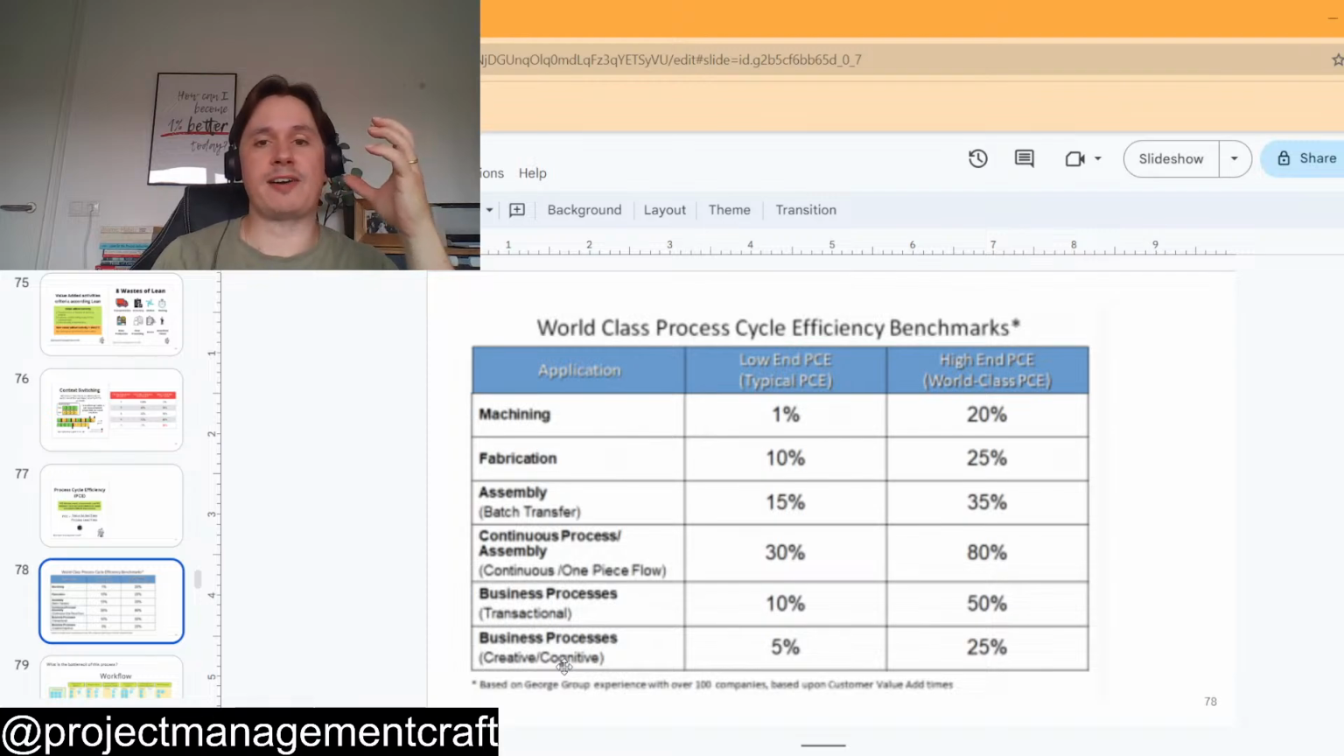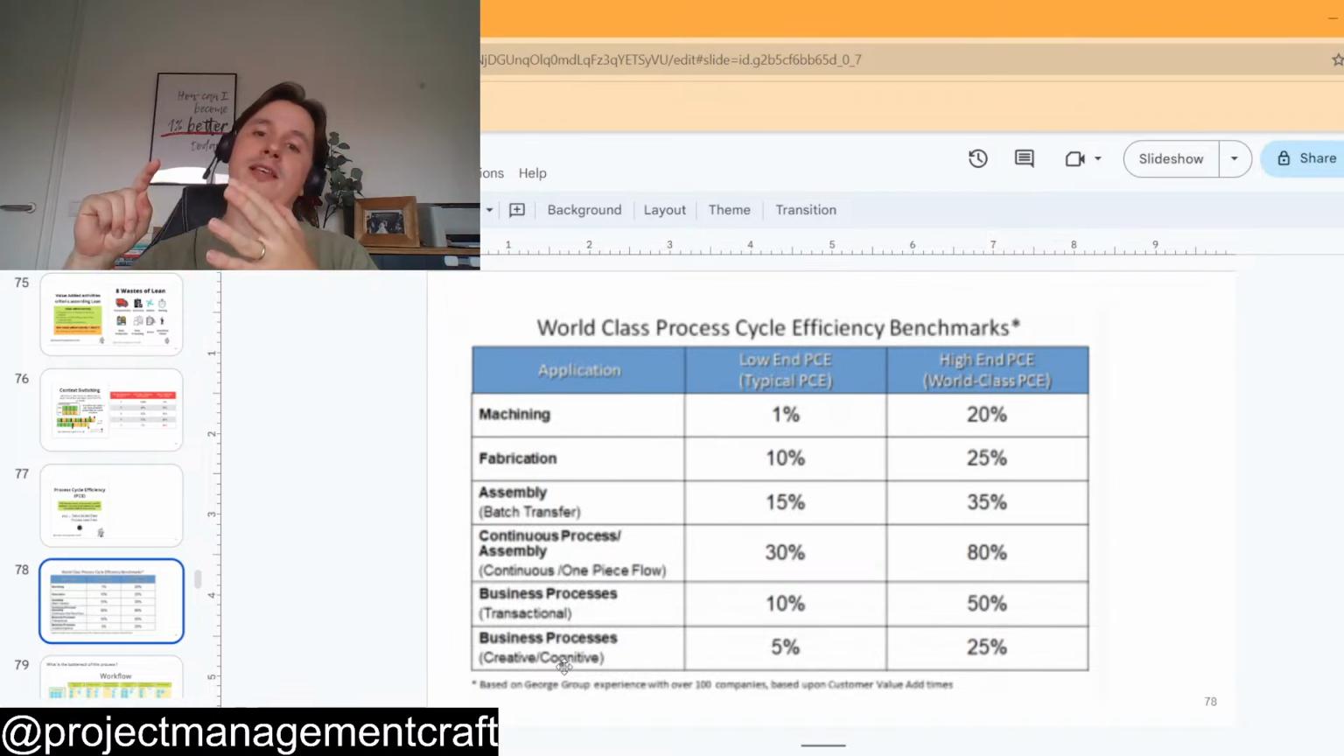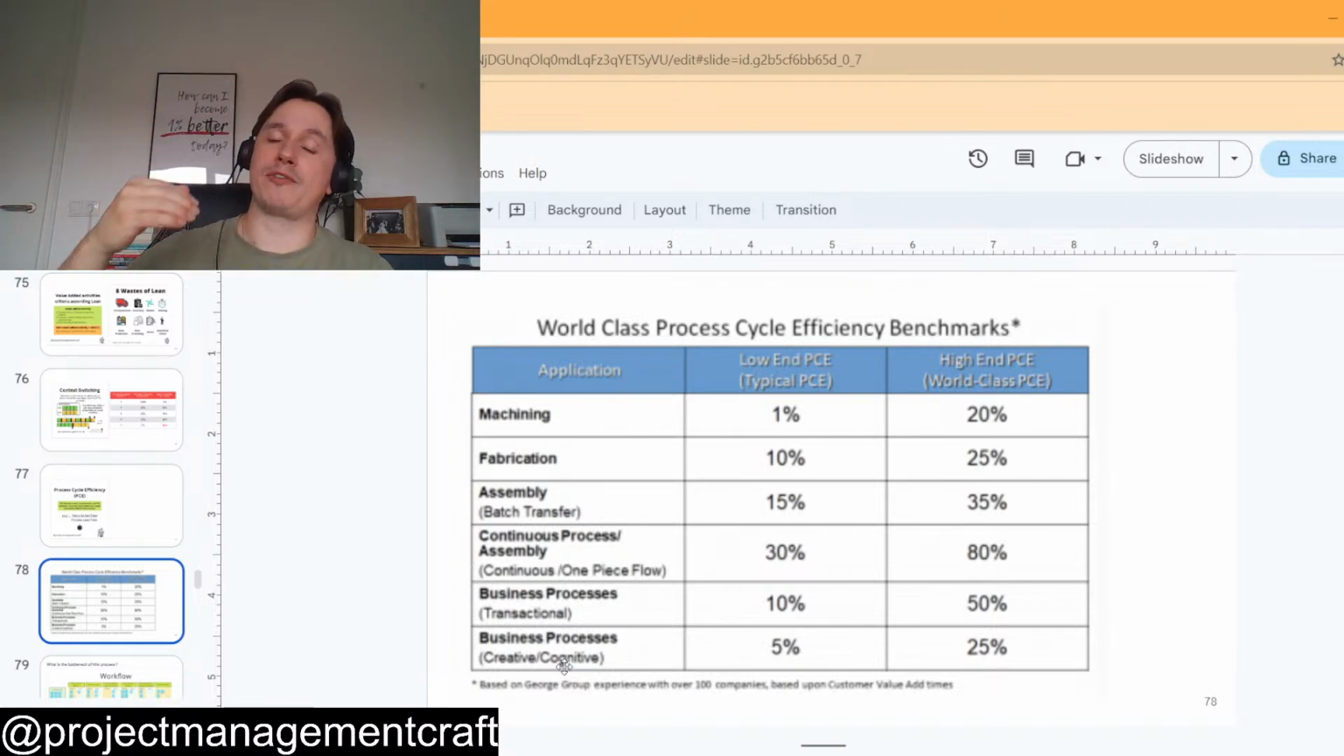So why identify waste? Identifying waste will help you to reduce your lead time, it will help you to reduce your costs, and it will help the company to be more efficient. If you do that as a project manager, you're adding more value for your company, for your project, and for your team. And the more value you add as a project manager, of course, the higher the expectations